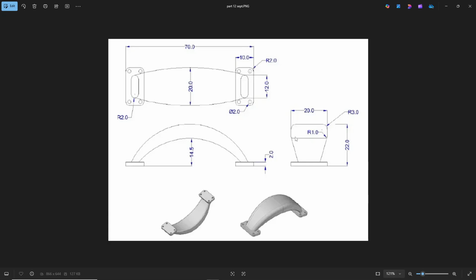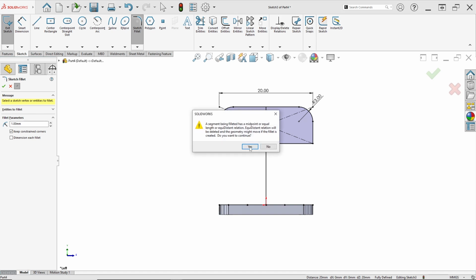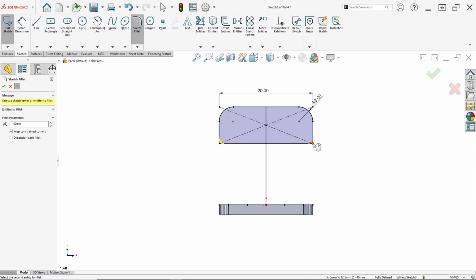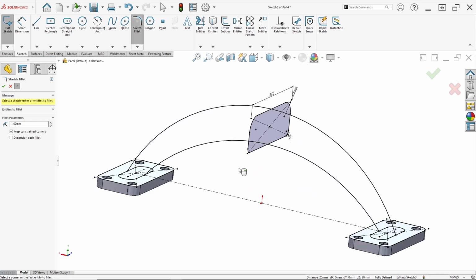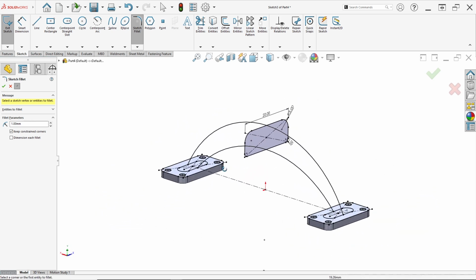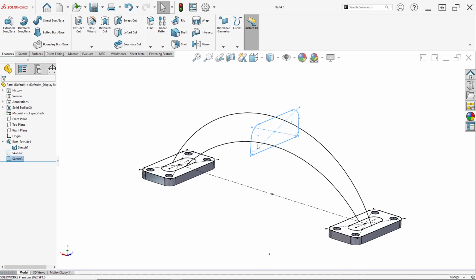Below, the radius is 1 millimeter: fillet 1 millimeter, click this point, click yes, and click this point, click yes. Okay, just click OK like this. So after that we can click OK in here and click exit sketch.